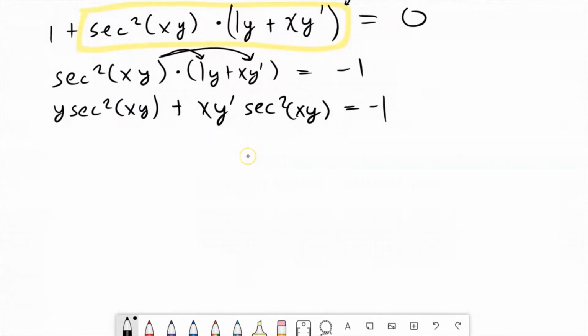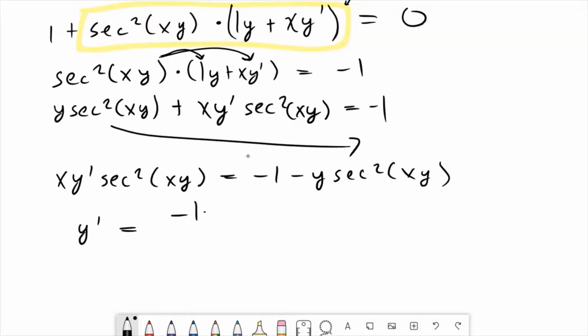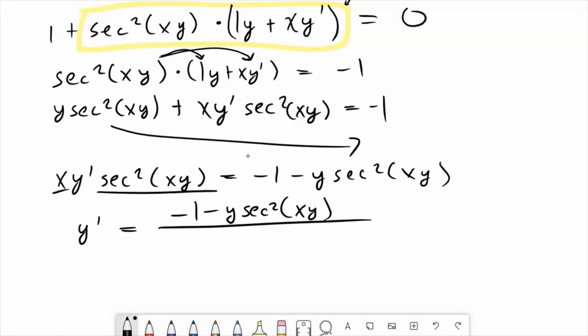I'm going to scroll down from here. Okay, so this goes to the right side. So xy prime secant squared of xy is equal to -1 minus y secant squared of xy. So I just brought it to the right side. And then I can just divide everything out that doesn't have y prime attached to it. So y prime is equal to -1 minus y secant squared xy, all divided by, right, so this and this,